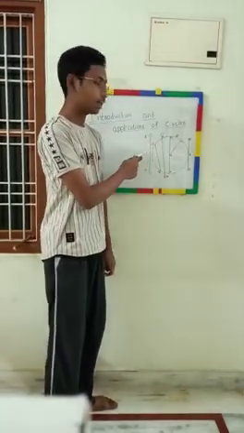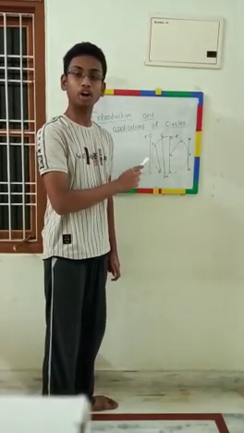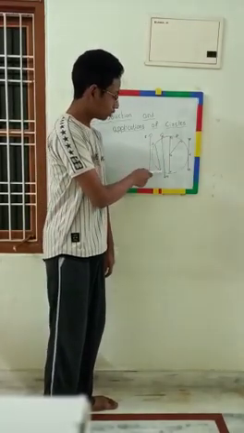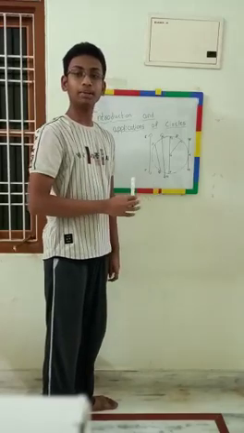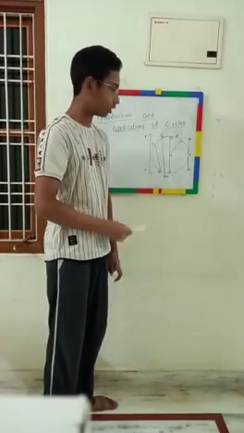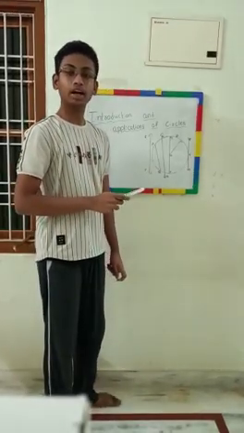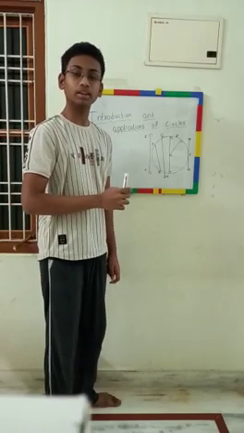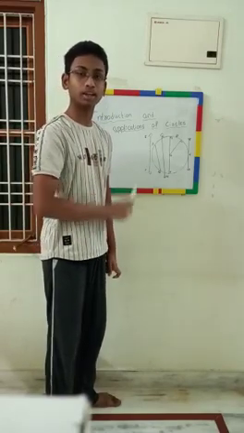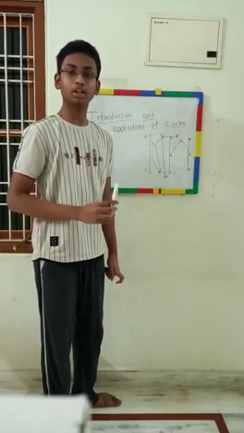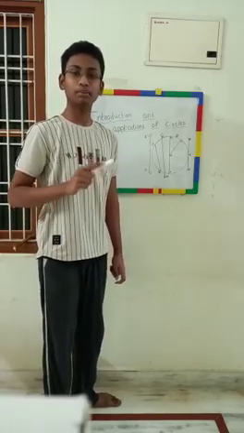Chord. A chord is a line joining two points on border of the circle. PQ is a chord and you can also tell diameter is the largest chord in the circle. Arc. An arc is a curved length on the border of the circle. We can divide an arc into two types, major arc and minor arc.